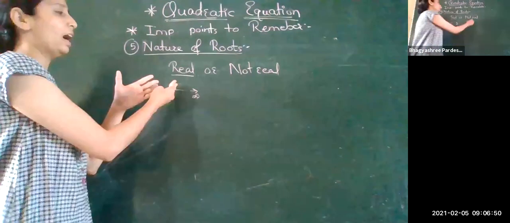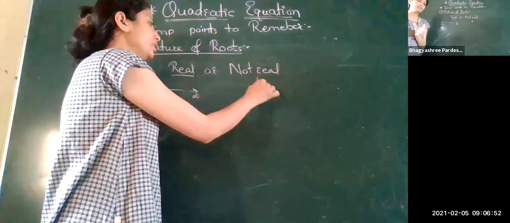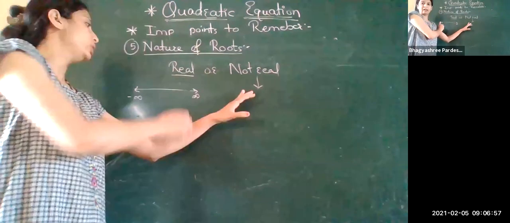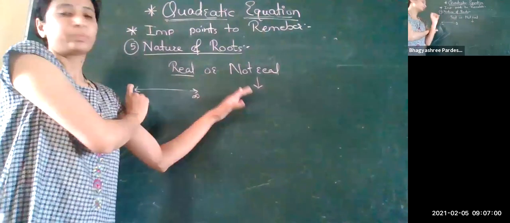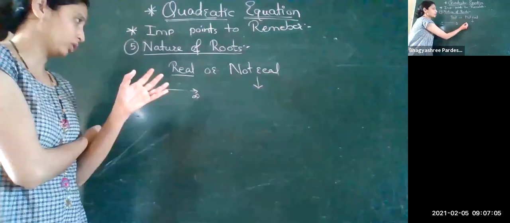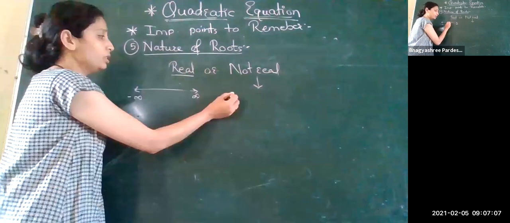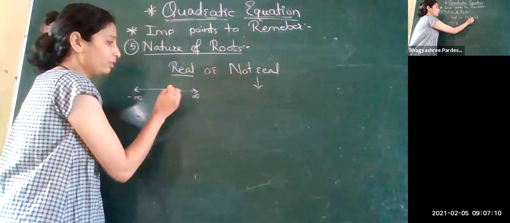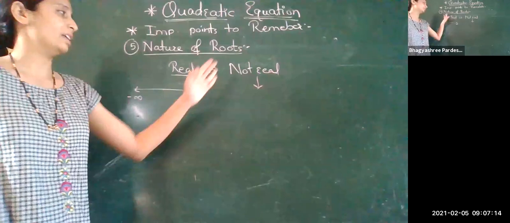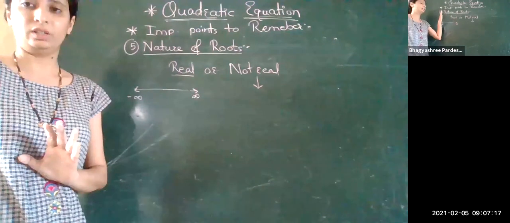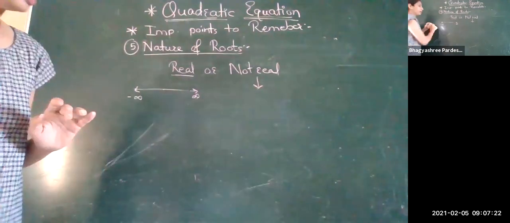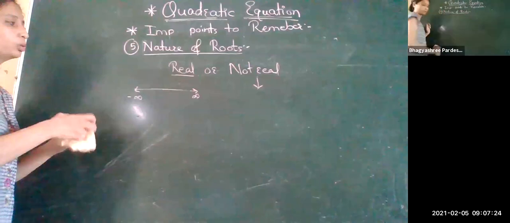But what about the non-real numbers? Non-real numbers are numbers which we can't find on this number line, right? They are something different. We're going to see that in the next class, obviously. So all the numbers which we can't find on the real line, we say are unreal or not real. This is the important thing. We will definitely take a single lecture on this because this is very, very important. So right now I'm just seeing what this is.